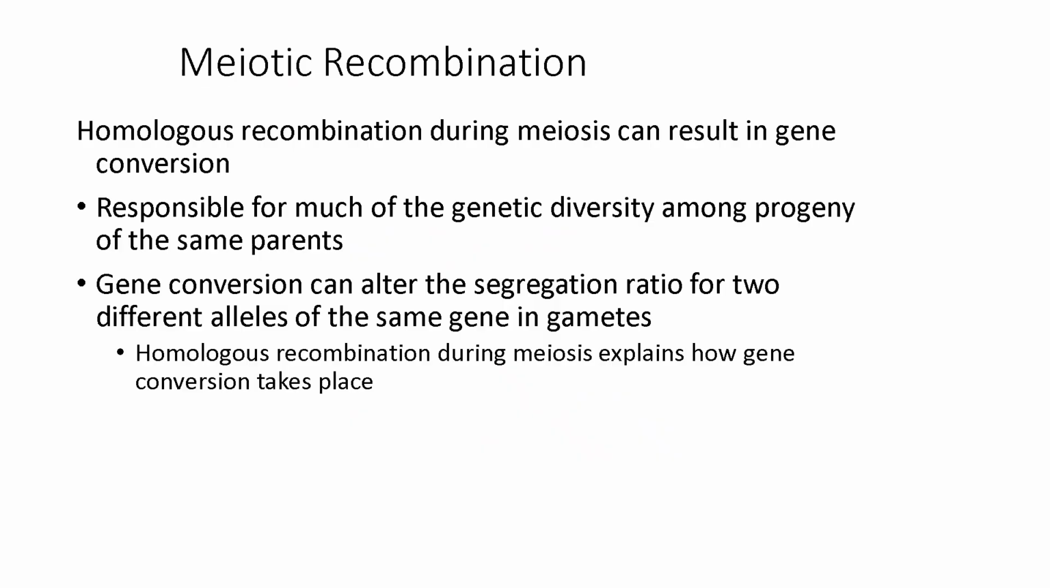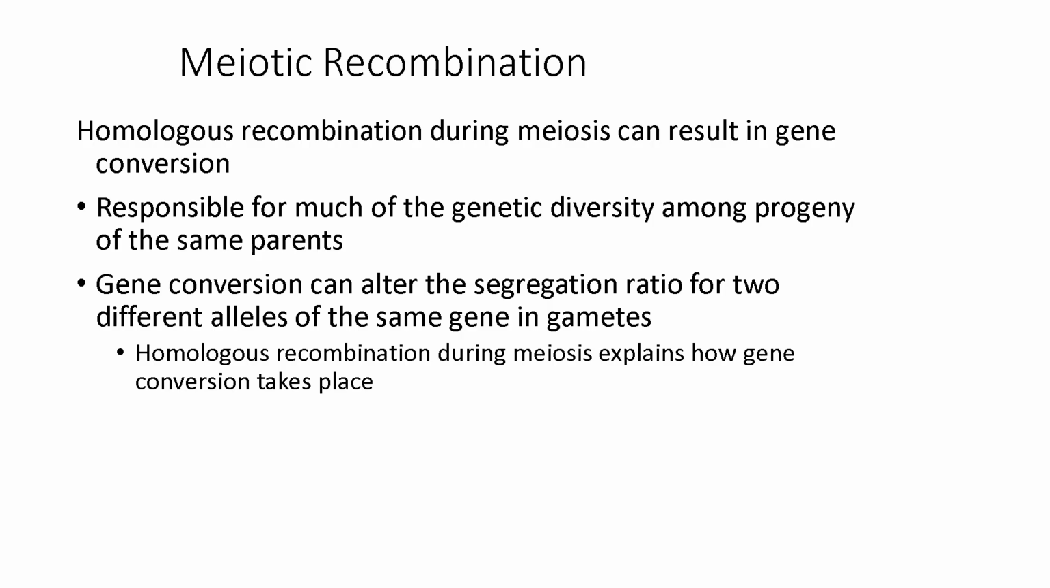During meiosis, homologous recombination becomes a central feature of gamete formation. It promotes genetic diversity by reshuffling alleles between homologous chromosomes. Gene conversion can also occur during this process, altering segregation patterns in gametes. Meiotic recombination ensures that each resulting gamete contains a unique combination of parental alleles, which contributes to the variability observed